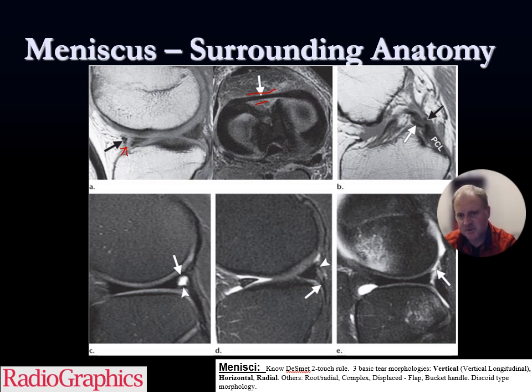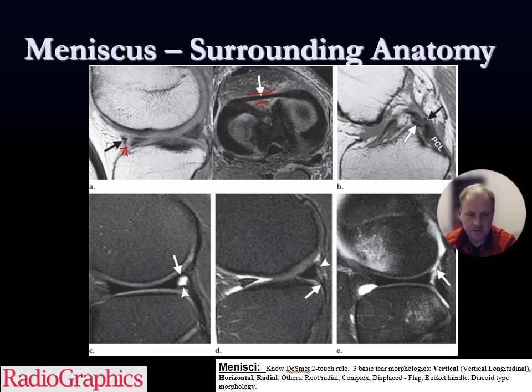Here's the meniscofemoral ligaments. They go from the posterior horn of the lateral meniscus to the medial femoral condyle. They can be located both in front of or behind the PCL. So this is called the Humphrey, and this is called the Wrisberg, which starts with a W. I just remember that they go in alphabetical order, with the Humphrey being more in front and the Wrisberg being